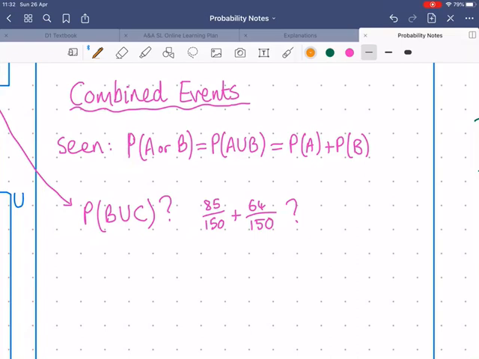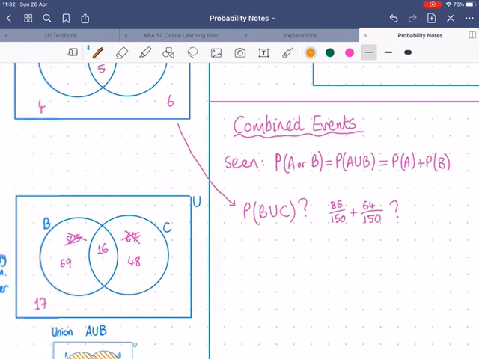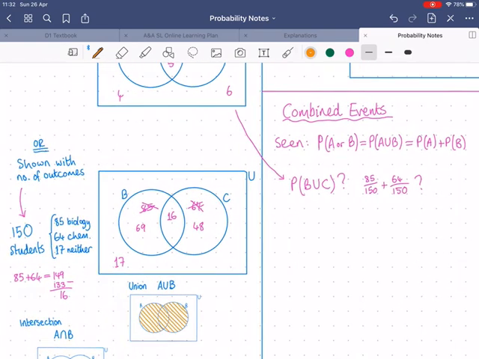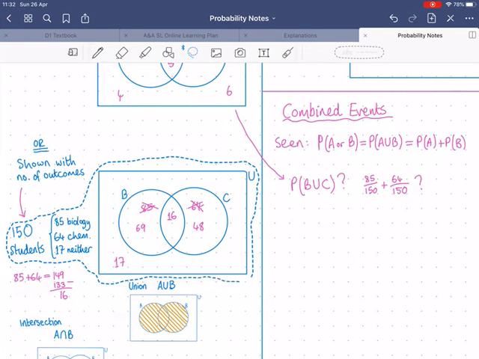Okay, so now for some more actual calculation of probabilities using our Venn diagrams and union and intersection notation. Okay, so we're going to use an example from another video, this one here,